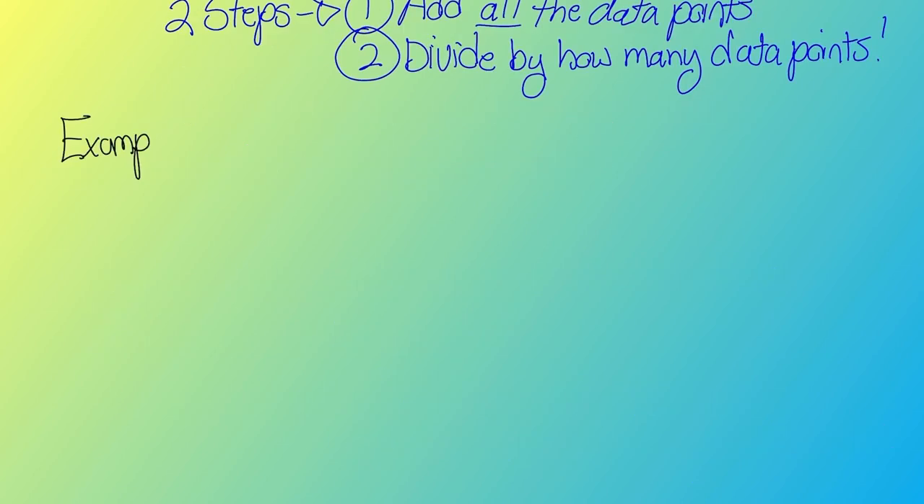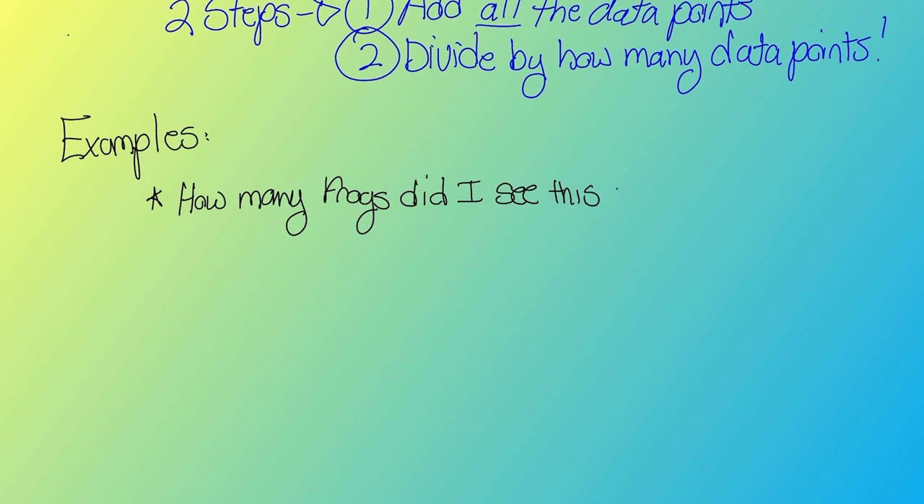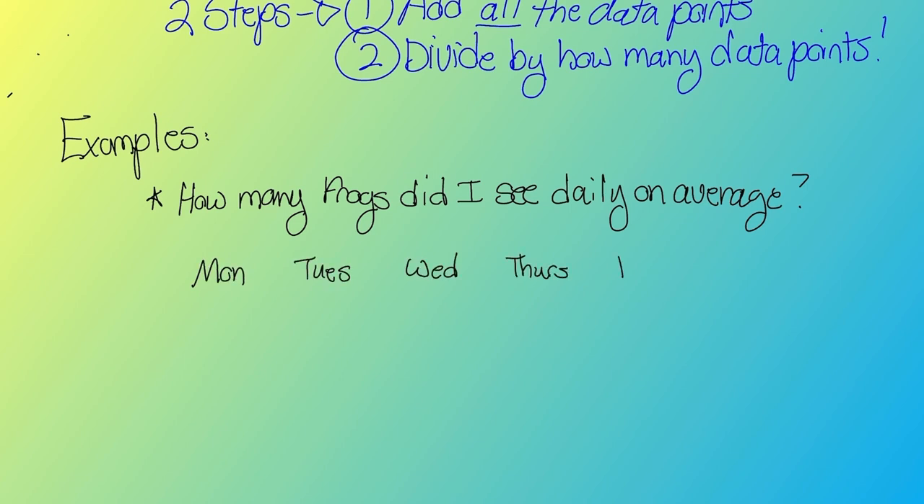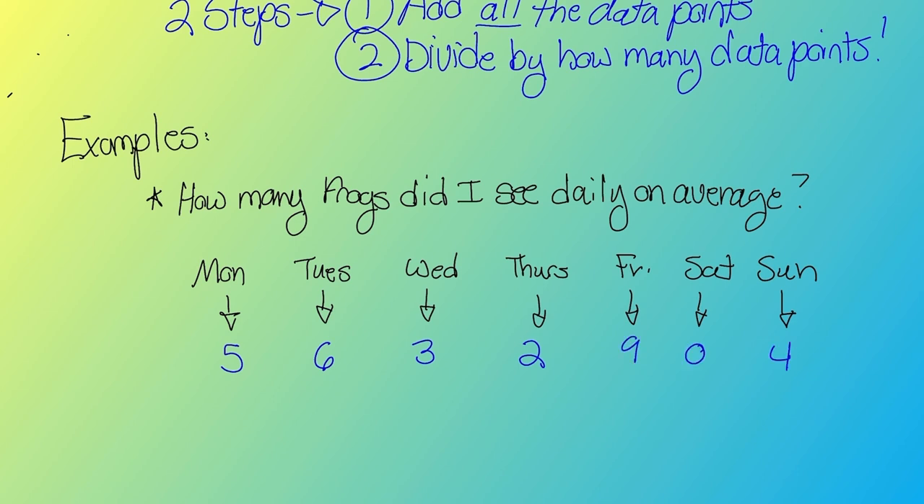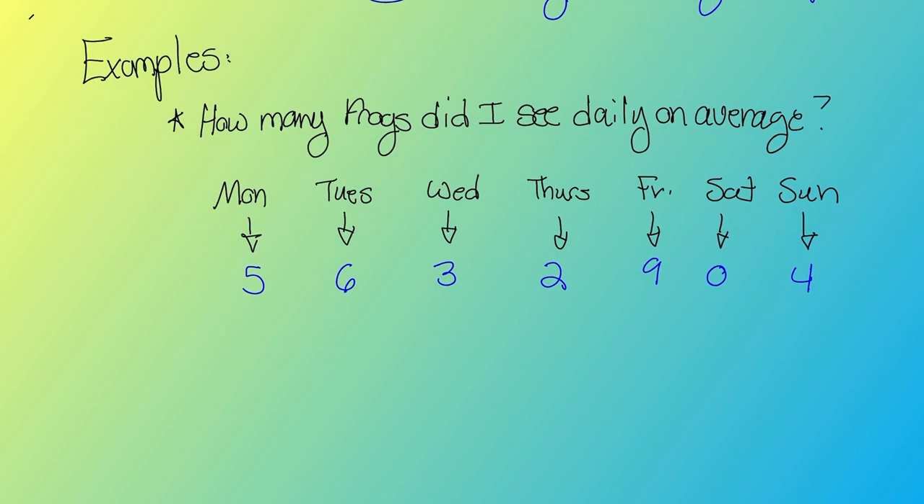I'll give you something that's kind of real world, although it hasn't happened yet. So let's say that I'm walking down the road, and throughout the whole week, I'm finding some frogs. But I want to figure out on average, or what's the mean set of this data, the central point, how many frogs did I see on average? So Monday, Tuesday, Wednesday, Thursday, Friday, Saturday, Sunday, I walked my dog, I saw some frogs. How many did I see on Monday? Well, it looks like I saw 5 Monday, 6 Tuesday, 3 Wednesday, 2 Thursday, 9 Friday, 0 Saturday, unfortunately, and